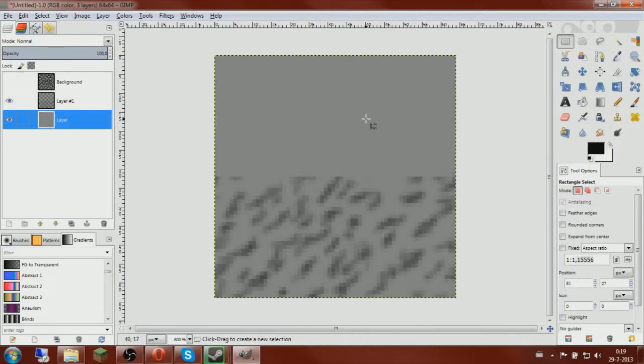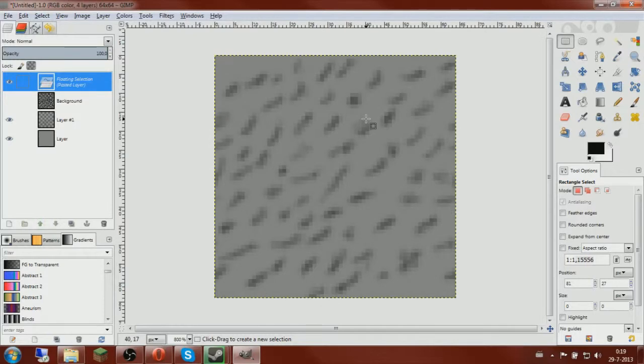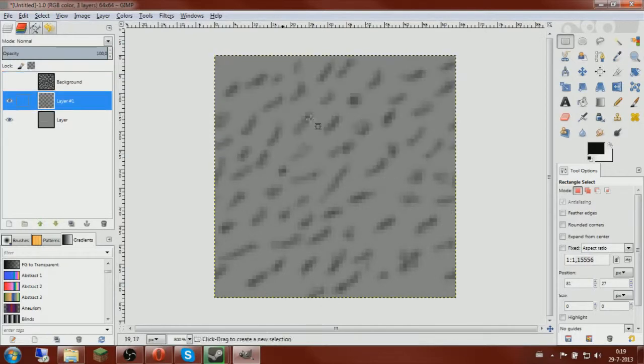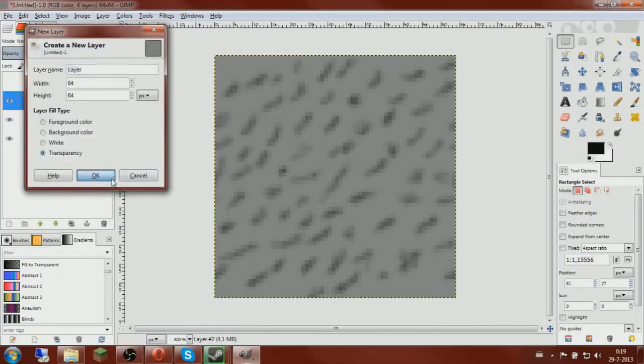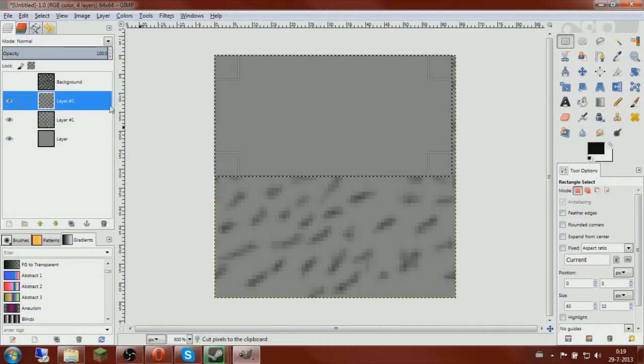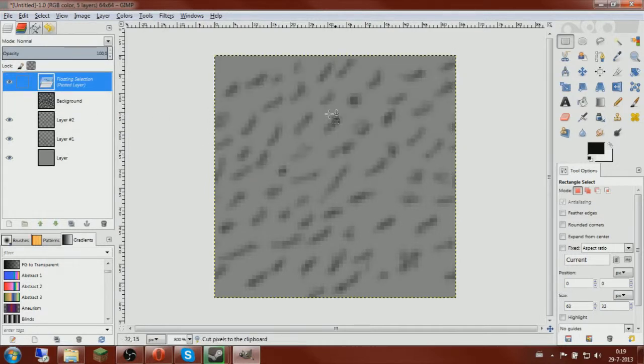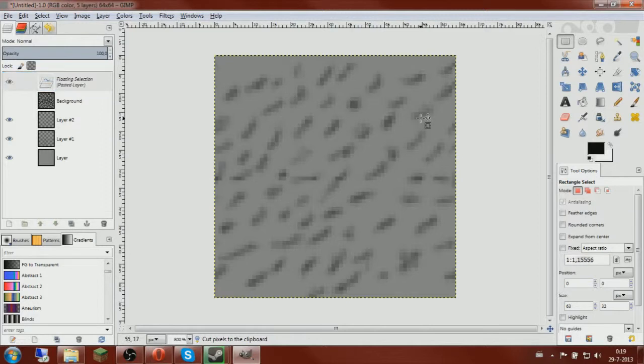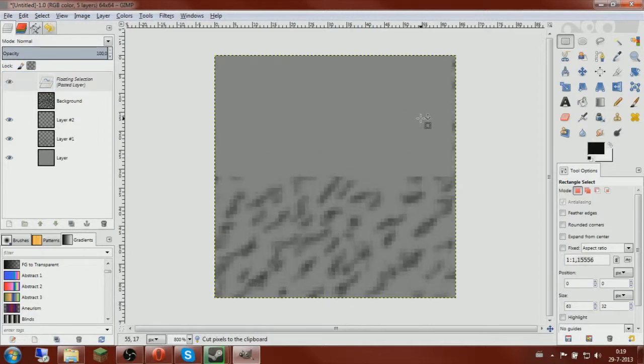Nope. See, I forgot to make a new layer. Even I make mistakes sometimes. Make a new layer, select the top, cut it, paste it, select it, move it down,